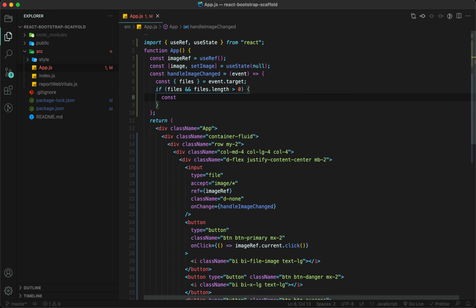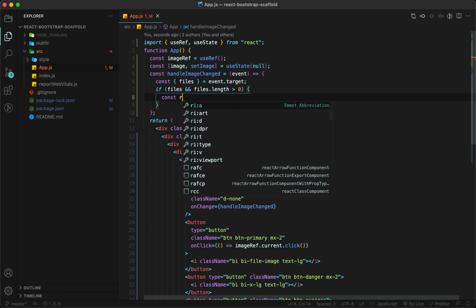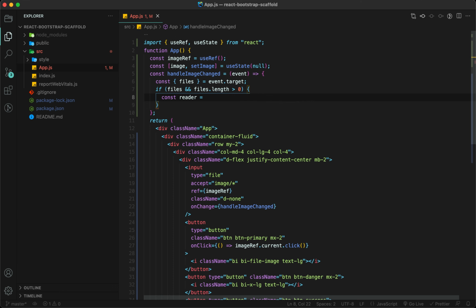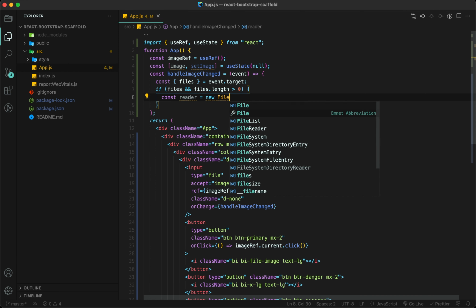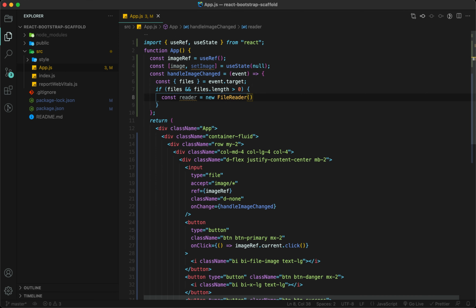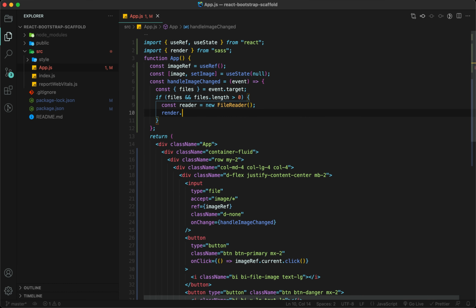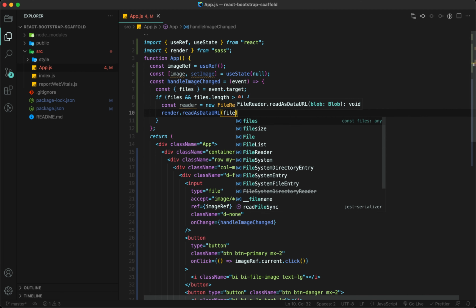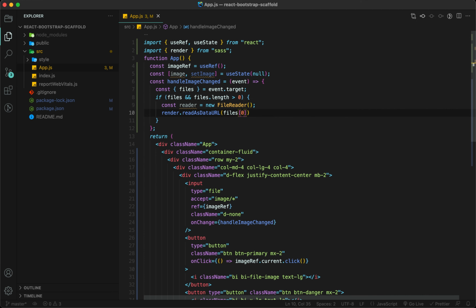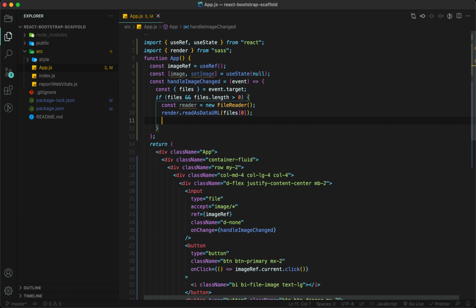Now I'm going to create const reader, a new FileReader. It's a very simple few lines of code to convert the image bytes into an actual file URL. Now reader.readAsDataURL, and here I pass our files, the 0 index of files, the first file.